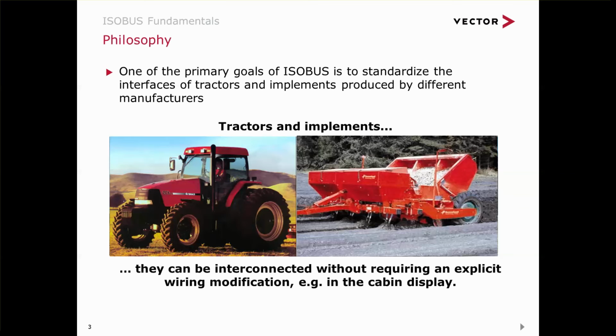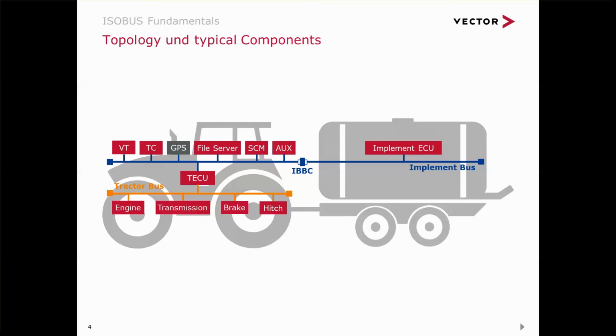On my next slide, you can see these typical components. A central point here in the middle is the IBBC, the ISOBUS breakaway connector. This is a CAN-based connection between an implement ECU and the components of the tractor. You have an isolated bus in the tractor, this is the powertrain, for example. And in between, you have the tractor ECU, which is distributing tractor information to the common bus,